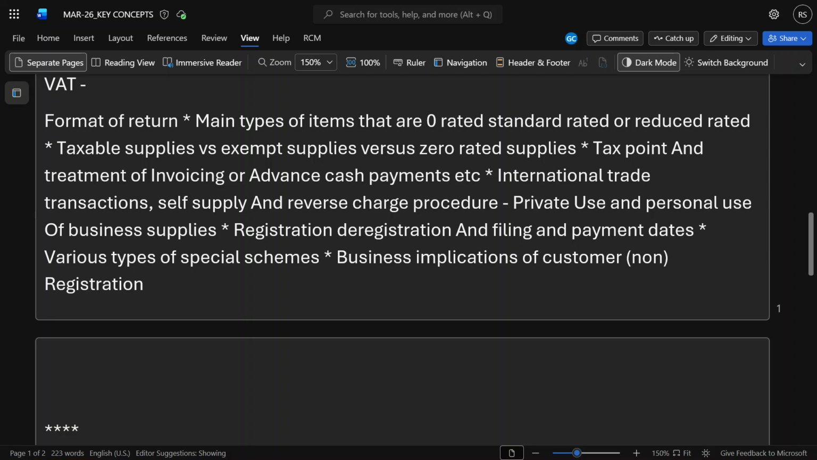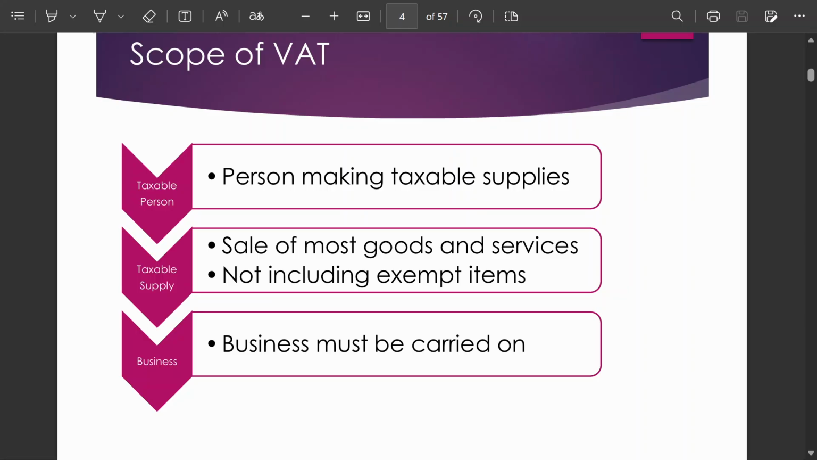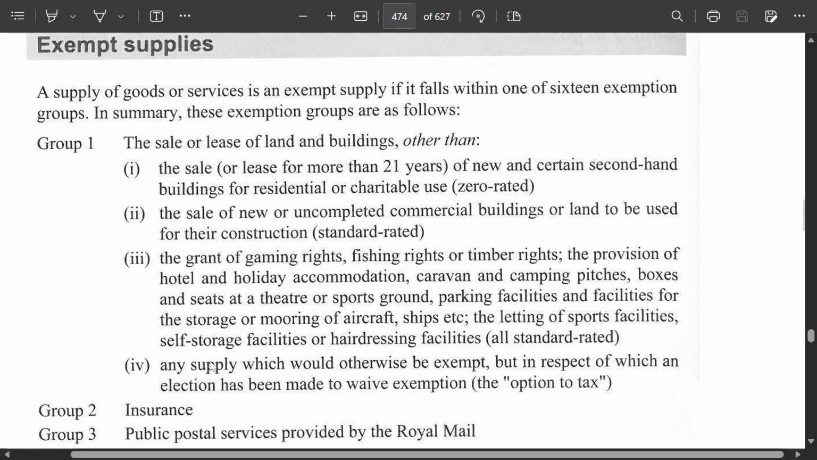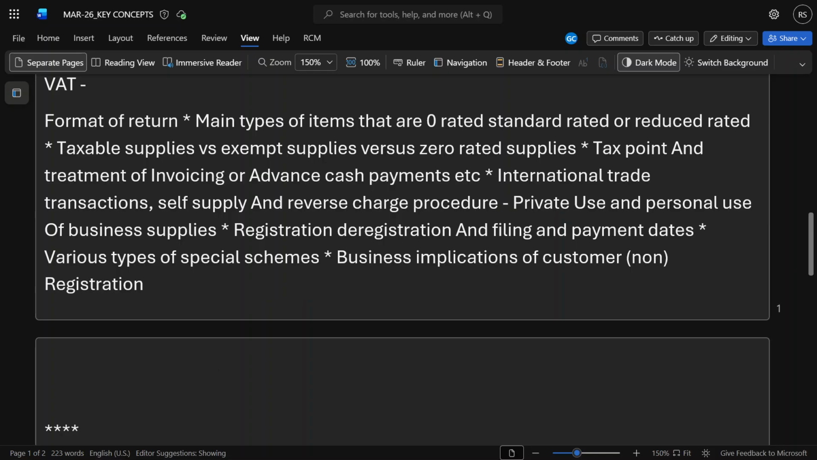Yeah, see, in the VAT guidance it says the main types are zero rated, standard rated, or reduced rated, which are especially mentioned in the slides and the textbook. So you have to have some idea about these. So you can see that,